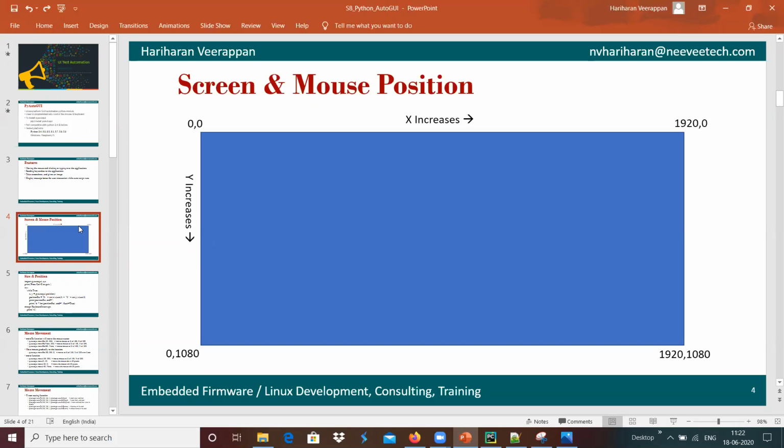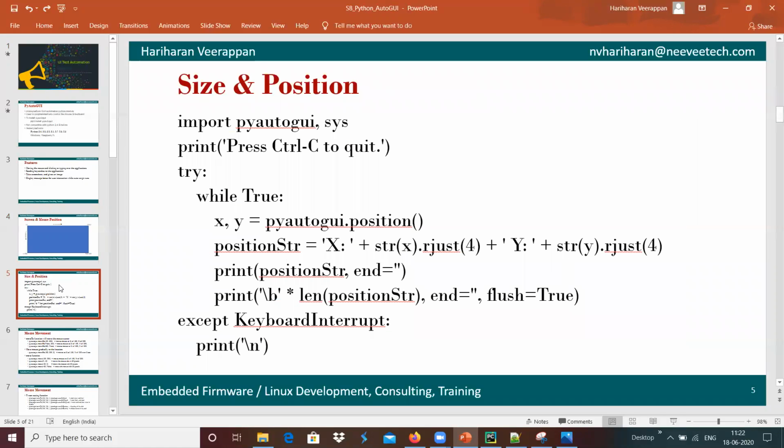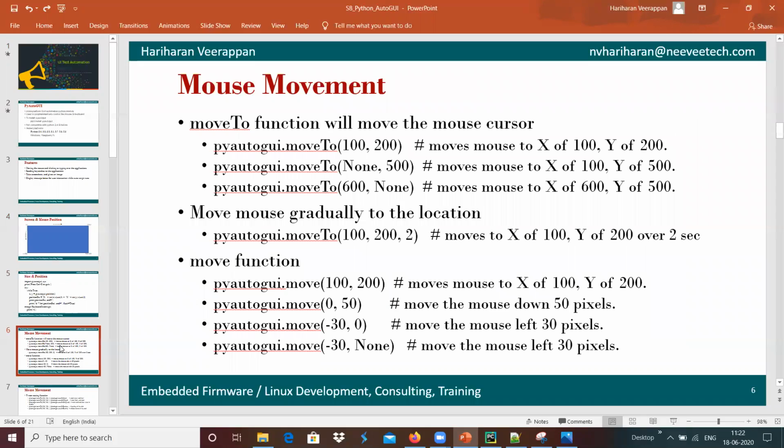And we have right left bottom is 0 comma 1080, and right bottom is 1920 cross 1080 in case of a full HD screen display over here. And it has different member functions, which provide something like getting the position, which is the one to get the current position of this mouse pointer.